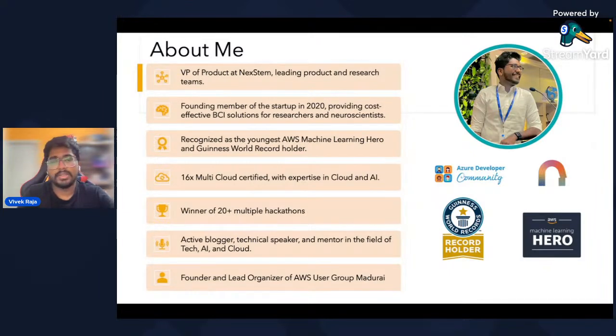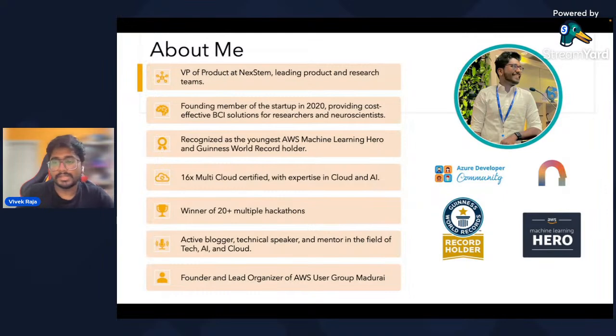What we do is develop brain-computer interfacing. You might have heard about Neuralink, Elon Musk, right? We are a direct competitor, you could say. We build devices that can monitor your brain signals and control anything. Sounds interesting, right? That's what I work in, and I am an AWS machine learning hero. Machine learning is my favorite suite of technology.